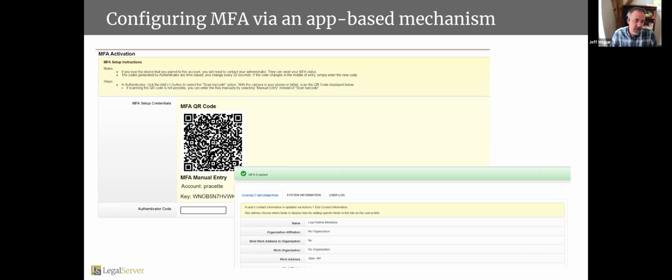We have to turn it on for you, but that's going to end. But for now, if you're ready to turn it on or even play with it in demo, just send an email to support@legalserver.org, and we will flip the switch for you so that it's available. But then you'll need to go through the steps at help.legalserver.org, which maybe somebody can put a fresh link in the chat for, the link to multi-factor authentication. To answer Felicia's question. Does that answer your question, Felicia?